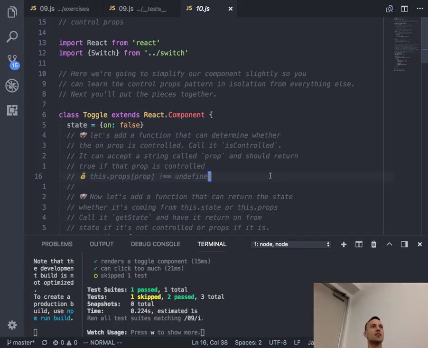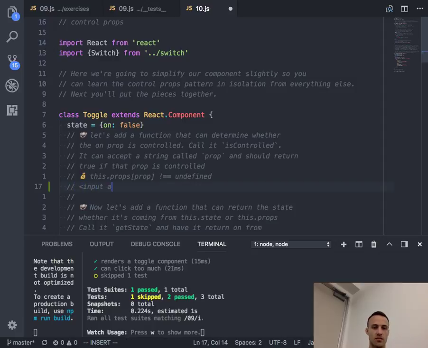Let's say that you have an input and you want people to be able to type in it, but you want whatever they type to be all uppercase, even if they don't have caps lock on. You just always want it to be uppercase. So how would you do that? Well, you'd have to pass a value prop to the input. Yeah, exactly. So here we'll have a value, which is this.state.inputValue,